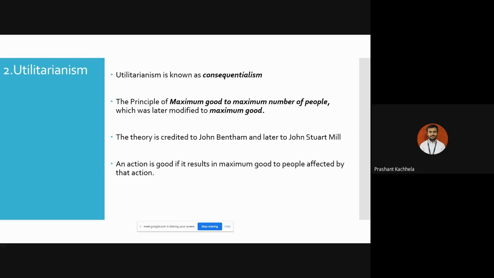Robin Hood was actually taking money and a few goods from the rich people, and then he was distributing that to poor people, those who are unable to afford that. So at that time, we were also not thinking that this is an unethical way. We were considering that this is the right thing which Robin Hood is doing. So here, utilitarianism theory is supporting the character of Robin Hood, where he was taking money from the rich people and distributing to the poor people. So he is thinking for the maximum good of the maximum number of people.